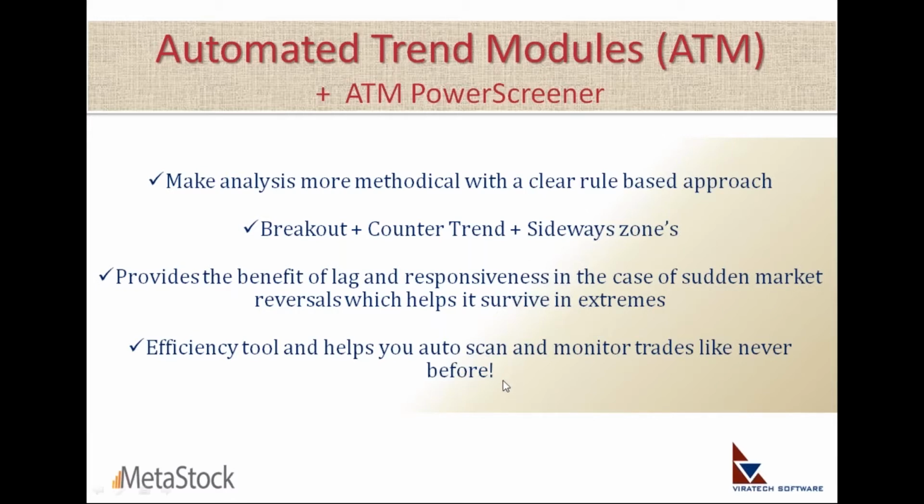And lastly, the Power Screener, which is an efficiency tool that automatically scans for you in real time and gives you all the opportunities. You don't even need to go to the Explorer and run a manual scan. It's scanning all the time for you. It's a hands-free approach. You don't have to look for it. It even talks to you. It even speaks out by XYZ symbol because there's a breakout catcher alert. So the scanning is a huge efficiency tool. It can scan on stocks you choose, on time frames you choose, on models you want to scan on.